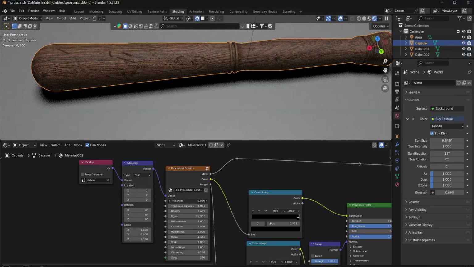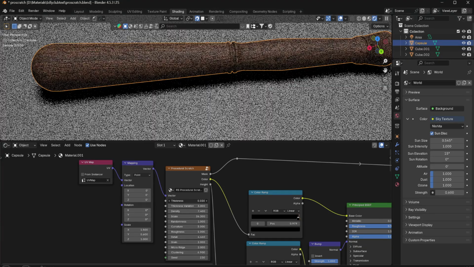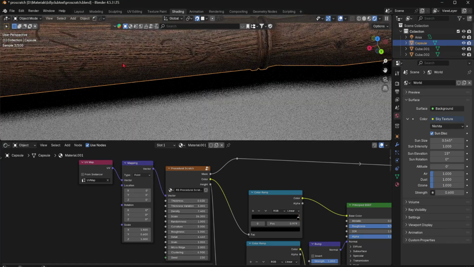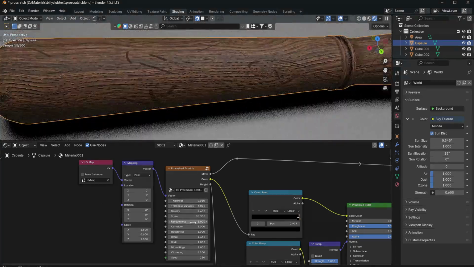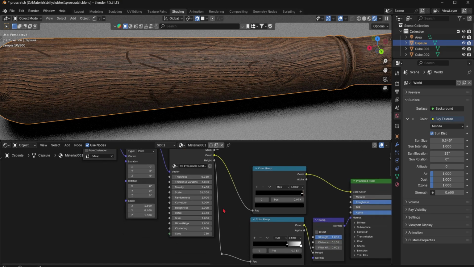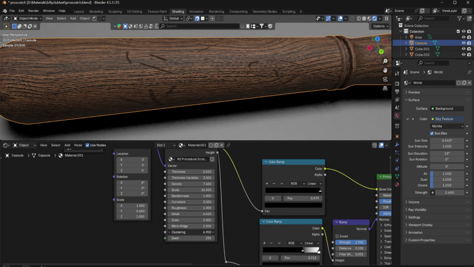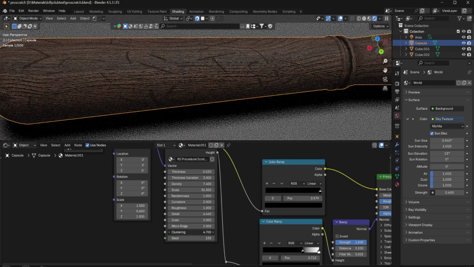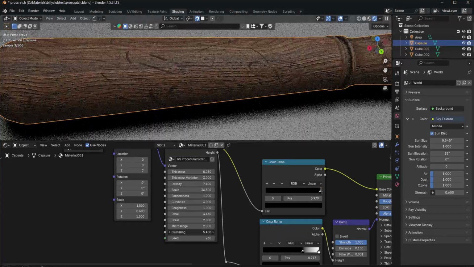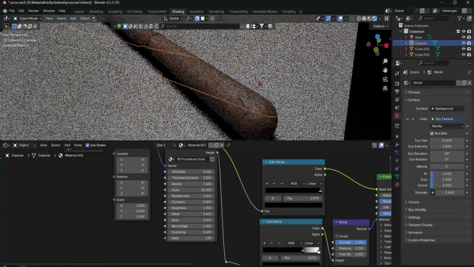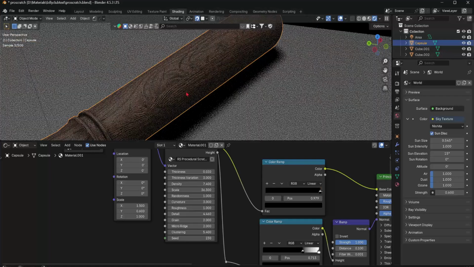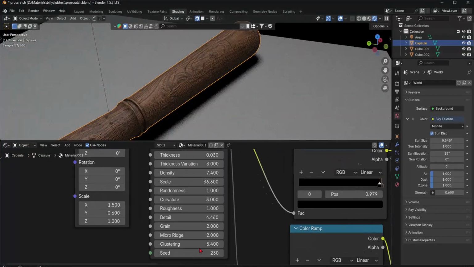I usually like somewhat small scratches, and I usually want to use the thickness variation. I like it turned all the way up, to be honest. And clustering, it depends what I'm doing. On a club like this, you could have more scratches than less. And then